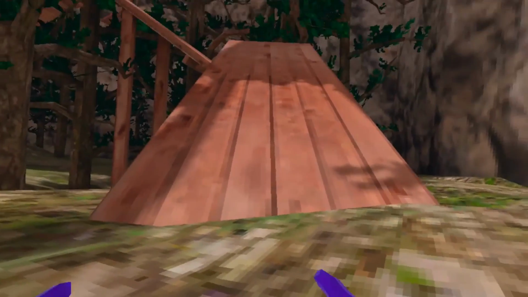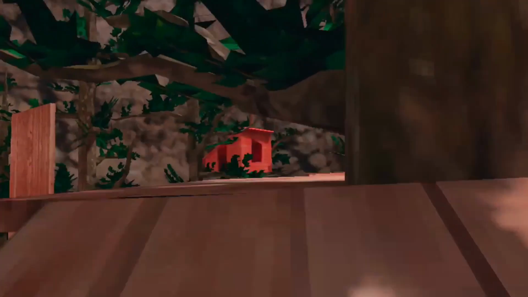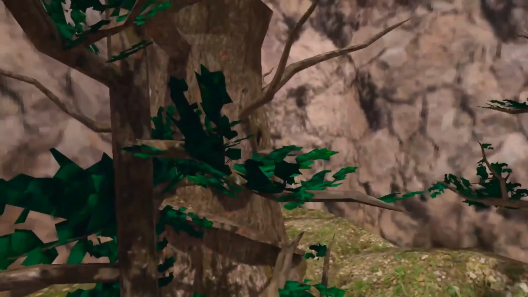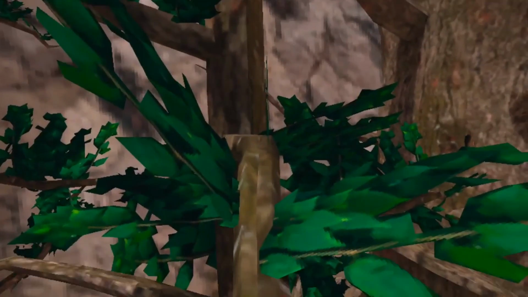So anyways, back to the route. What you want to do is make your way to this ramp. Now this ramp, you just want to make your way up the ramp. Make your way up this ramp. And then once you make it here, is where you want to jump to that branch. And now once you jump from there to here, once you make it to this branch, crawl along the branch,